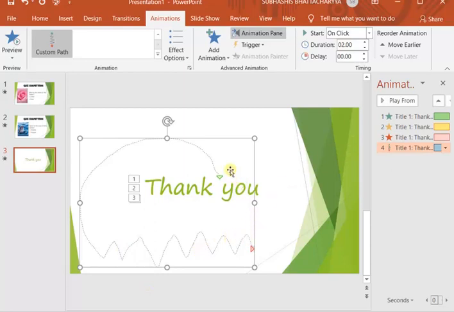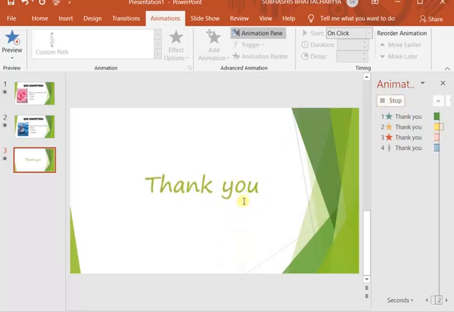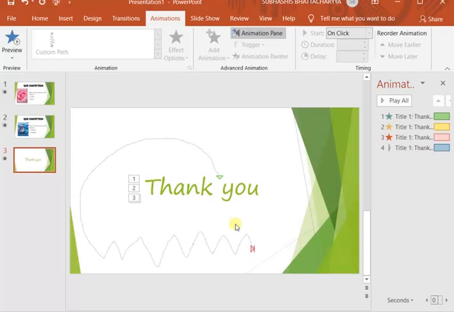But this motion path has come last in the order of the animations. It has come fourth. So it will occur at the last time, but you cannot see it because first time it is coming. This is the entrance effect, then emphasis, then exit. When it is exiting, you cannot see the motion path because it has already exited. For that reason, you have to give the motion path after the entrance.